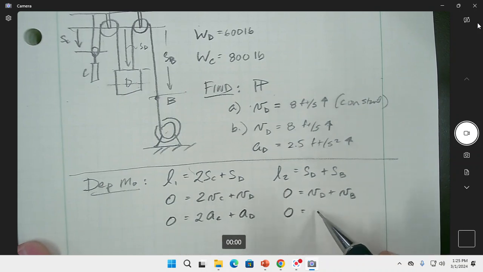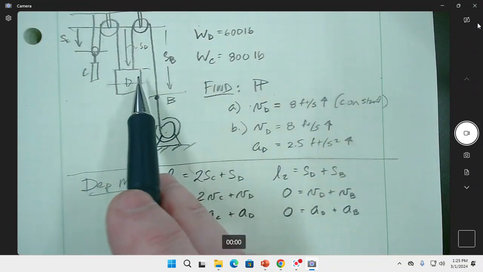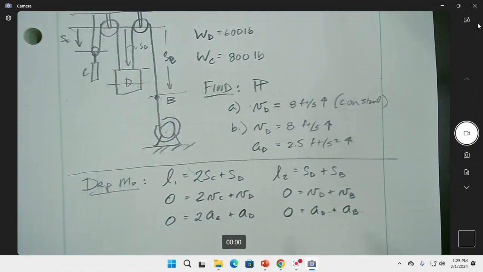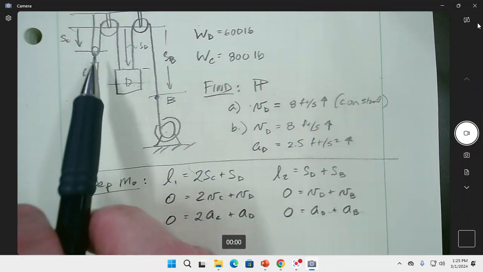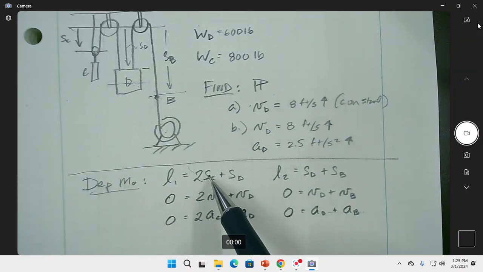And so now we got the relationships between the points, the dependent motions. The acceleration and velocity of D and B are going to be the same, but in different directions. C and D: C is going to be twice the velocity of D and twice the acceleration of D. All right, so in the first problem here, we have,